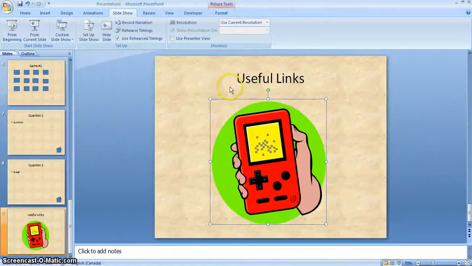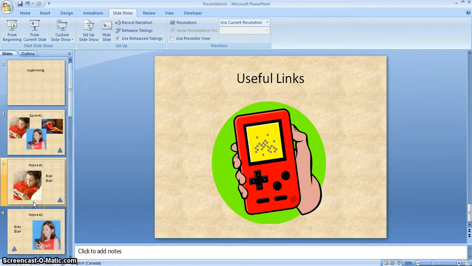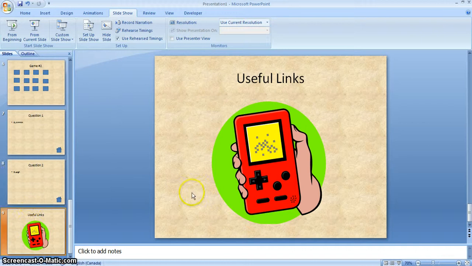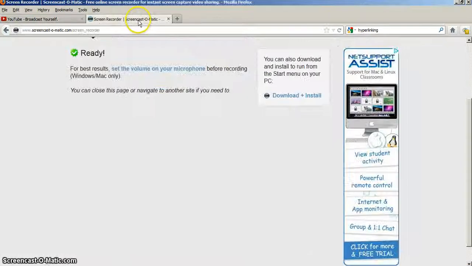So today you've seen how to hyperlink within a PowerPoint for some game navigation, and also how to use website integration into your presentation. I hope this has been helpful to you, and